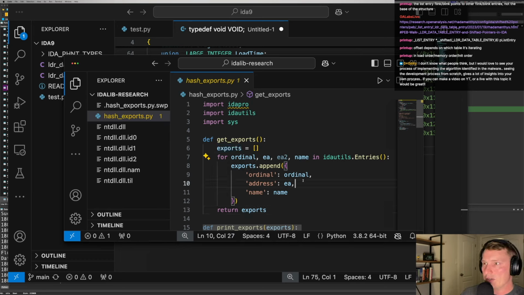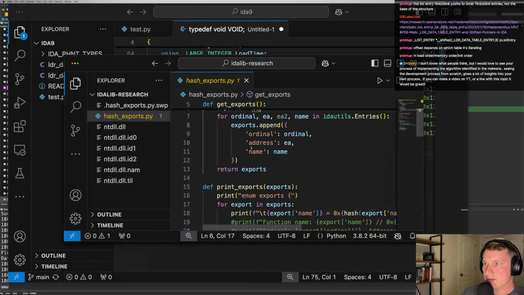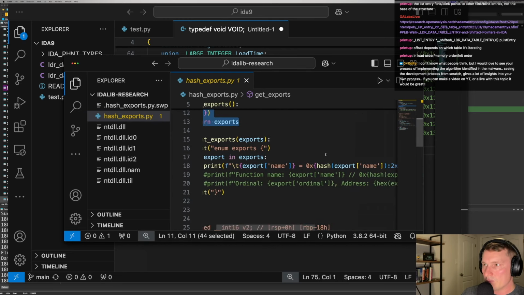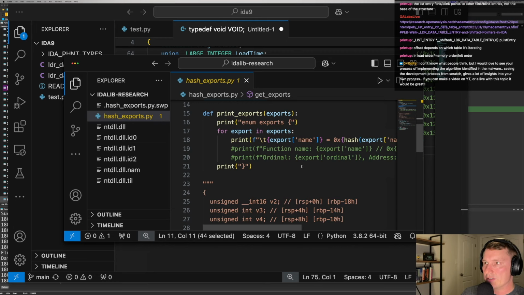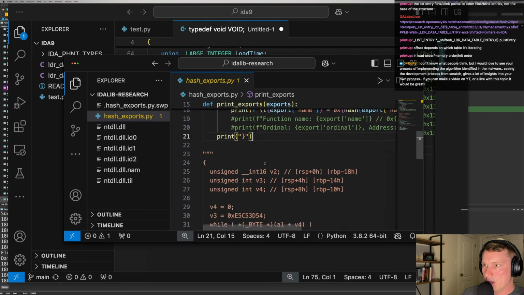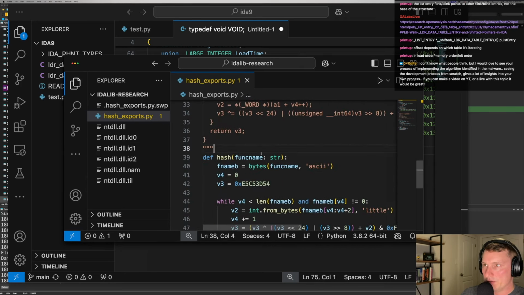But for each entry, I'm acquiring the ordinal, the address, and the name, which is acquired in this ida_utils call here from the IDA database, and then I'm returning that. And then for each of the functions that are hashed, I'm just creating a large enum here